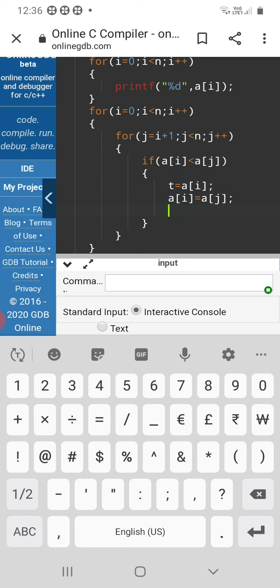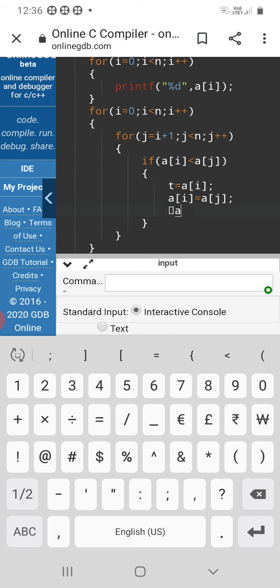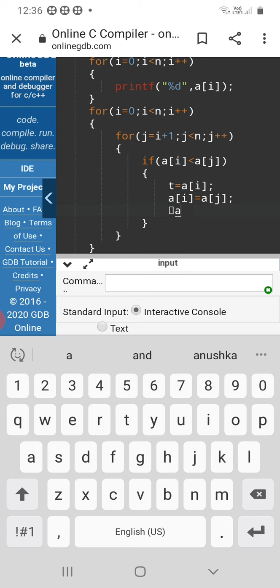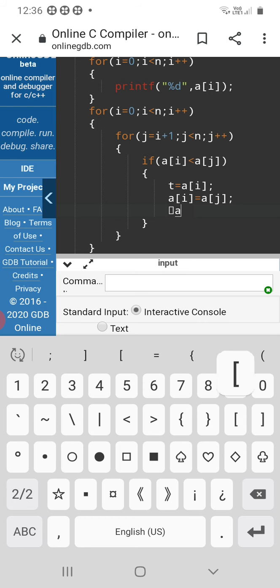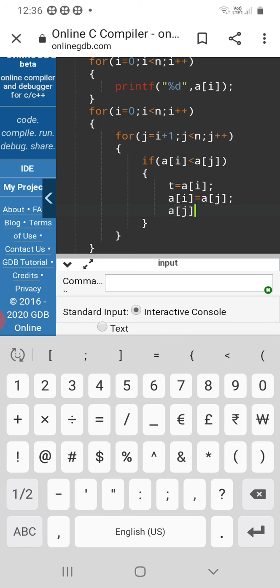Next, a of j equal to t. Here we are using descending order, sorting the array elements in reverse order.